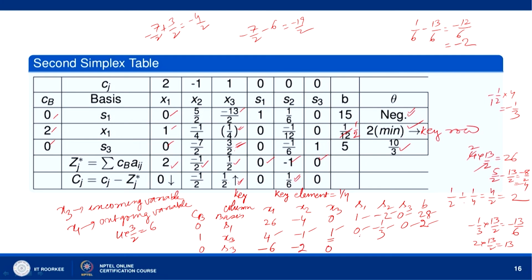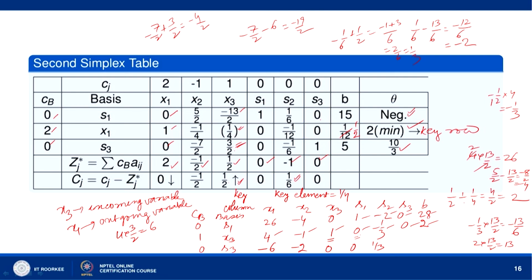Okay. And then we are multiplying by 3 by 2. So, 0 into 3 by 2 is 0. Okay. We subtract that from 0. So, we get 0 here. And here what we have is minus 1 by 3; we multiply by 3 by 2. So, we get minus half, we subtract from minus 1 by 6. So, minus 1 by 6 plus half, and this is equal to 6 minus 1 plus 3. So, we get 2 by 6 and that gives you 1 by 3. So, we get 1 by 3 here.